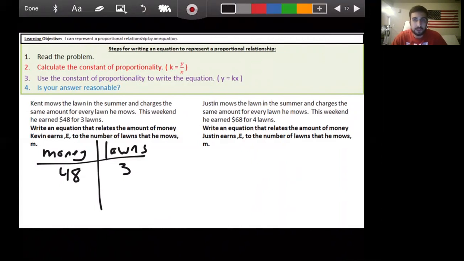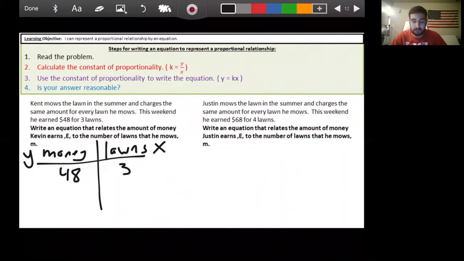So I know money is typically dependent on something that happens. So in this case, if Ken mowed 3 lawns, then he earned that $48. If he mowed 1 lawn, he made less than that. If he mowed 5, he earned more. So that tells me that the money is dependent on the lawns. So my lawns would be my